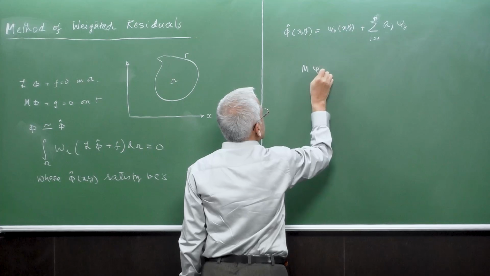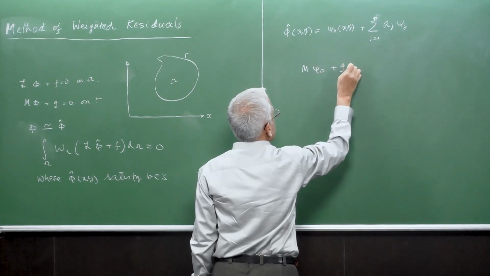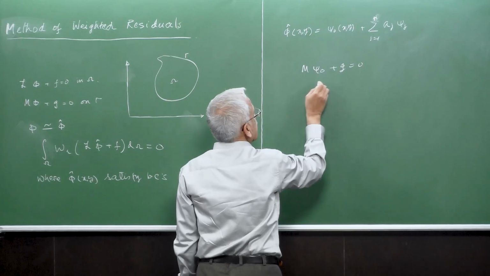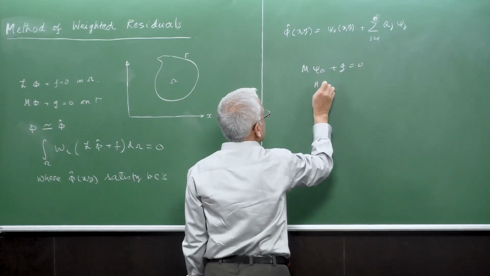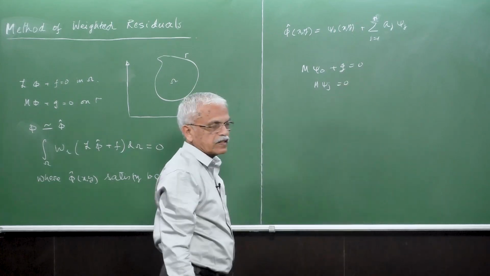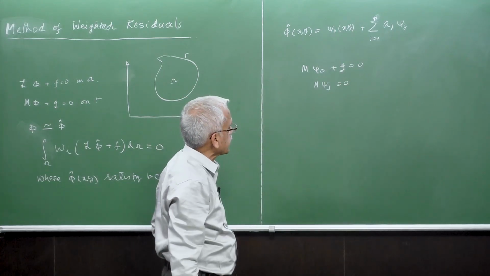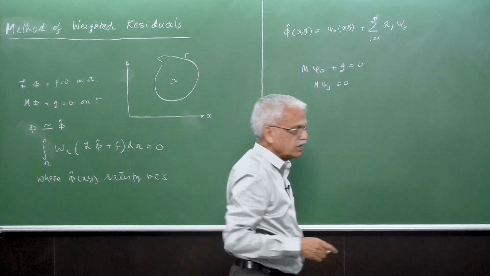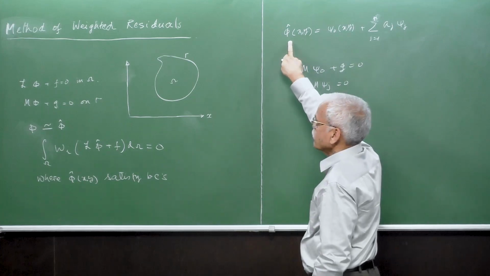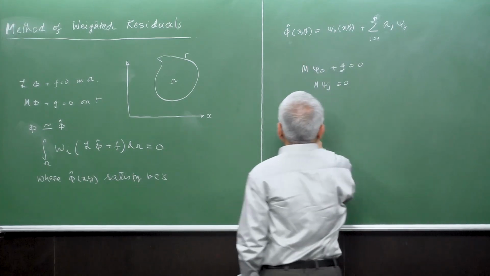So this is going to satisfy like this one, and these are the conditions on psi naught and psi j. So psi j is a set, and you can see that if you put M for this one,